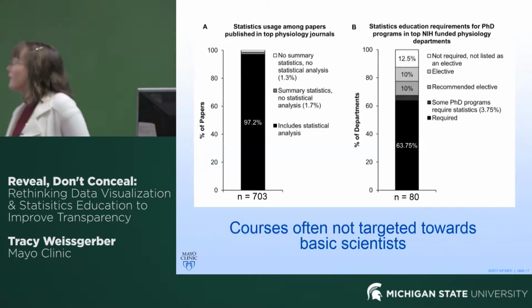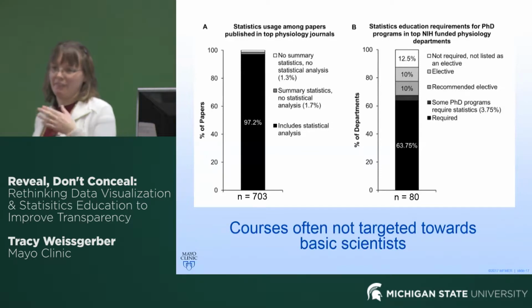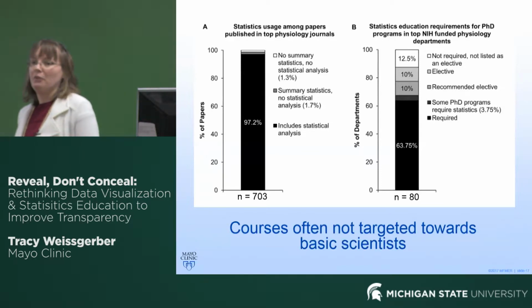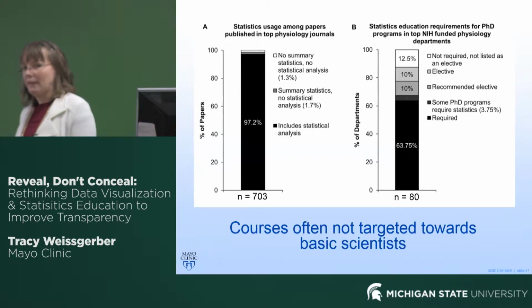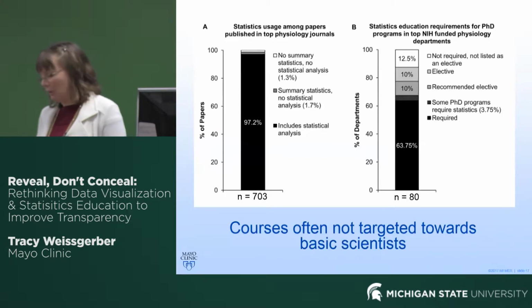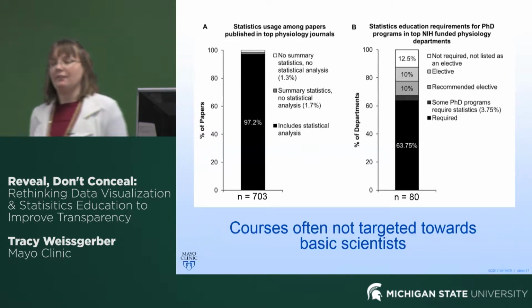Among our 80 departments, about 5 had just changed to requiring statistics the year that we did the survey. So if you think about five years ago, I suspect these numbers would look substantially worse than they do now. The other thing we found is that even when students are required to take a statistics course,